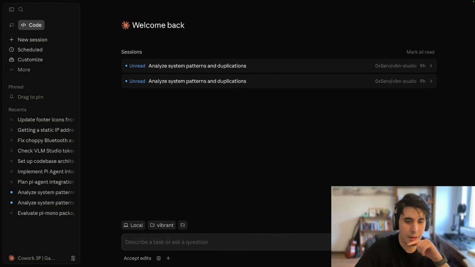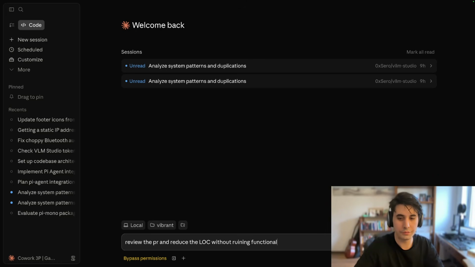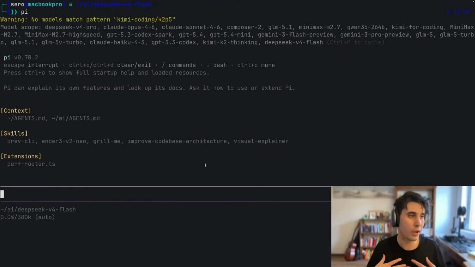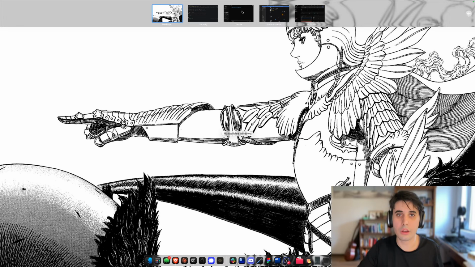I also have it set up here in the Claude desktop app. You could see here Flash and Pro, and I can say something like, review the PR and reduce the lines of code without ruining functionality. Next, this is Flash. So this is the one that's running on my own personal device, and we talked about